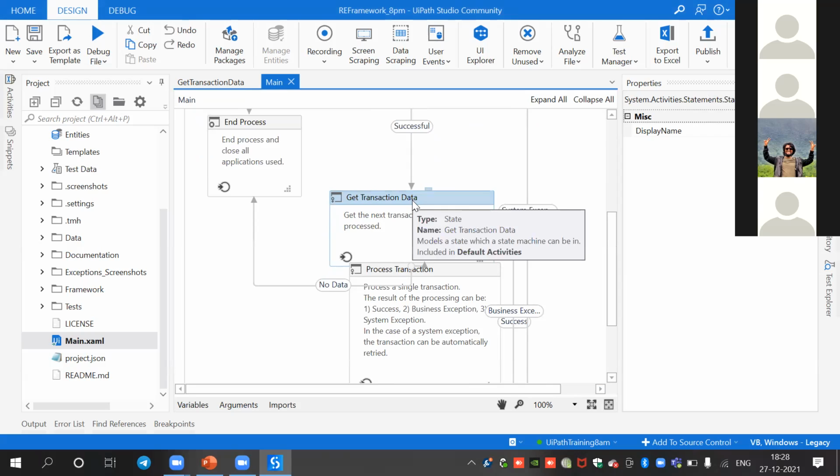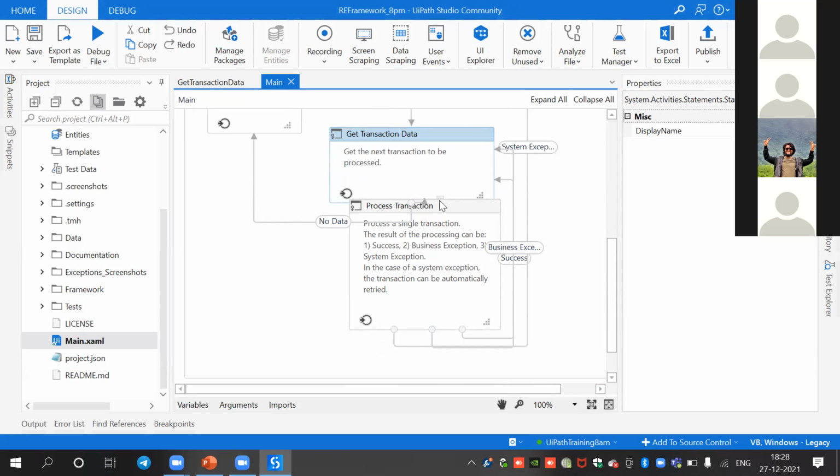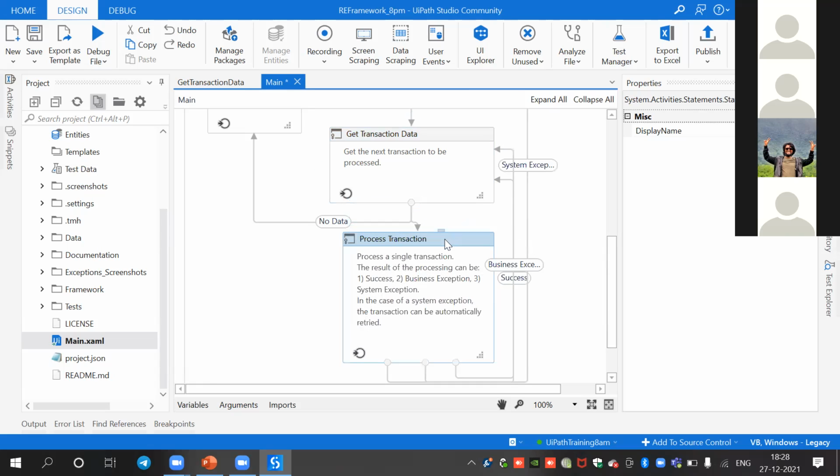If there is data, then it goes to process transaction. So in the get transaction data, it will take the value from the key, item by item,